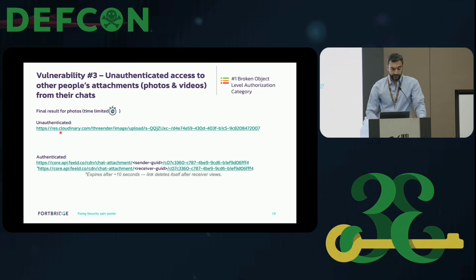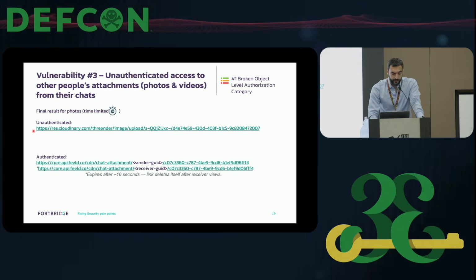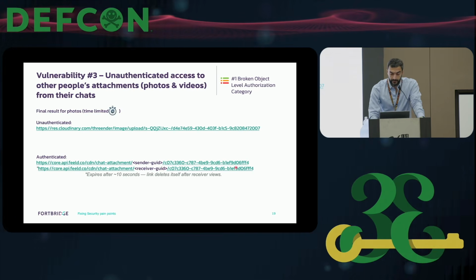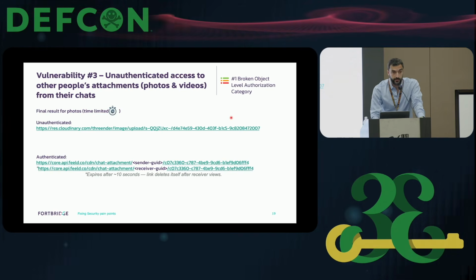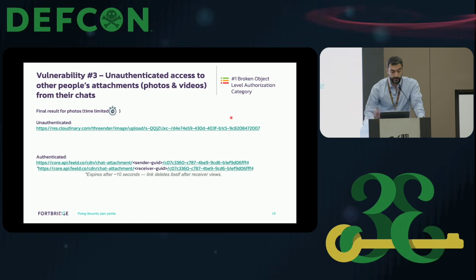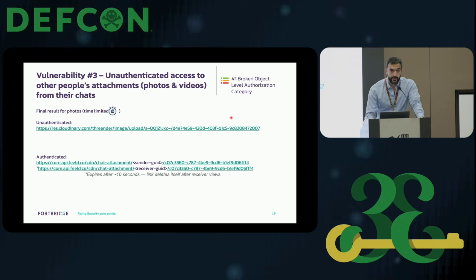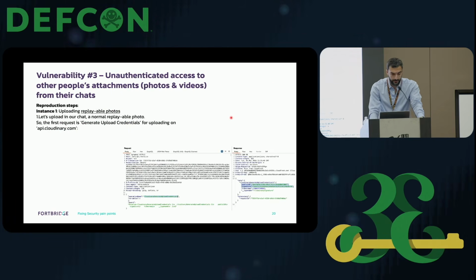So this is the high level overview from the bottom to the top from the attacker's perspective, and it is the same high-level overview for the time-limited photos. First, a valid user uploads it on a third party, and then it will be made available to 2 different endpoints, sender GUID and receiver GUID. And after 10 seconds, this endpoint will be deleted, and we will have to abuse and create this URL. And then as an attacker, we will have to leak this URL in order to get it unauthenticated.